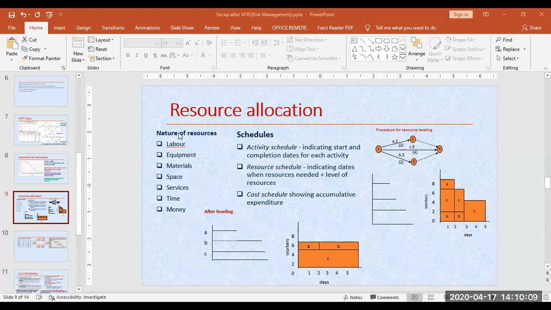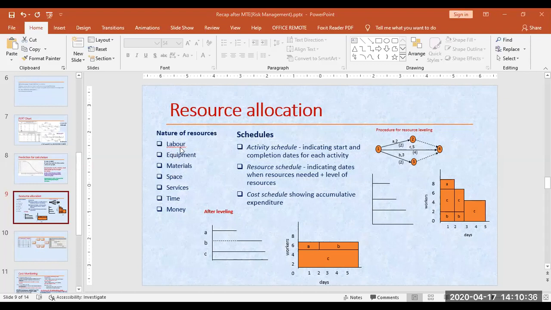First of all, this is the resource, the different types of resources. So these all are the different types of resources. Now here it is written nature of the resources. In my lab class, we had discussed three different types of resources, but here in my theory class, these resources are 7 types. So now we are going to discuss these 7 types of resources.